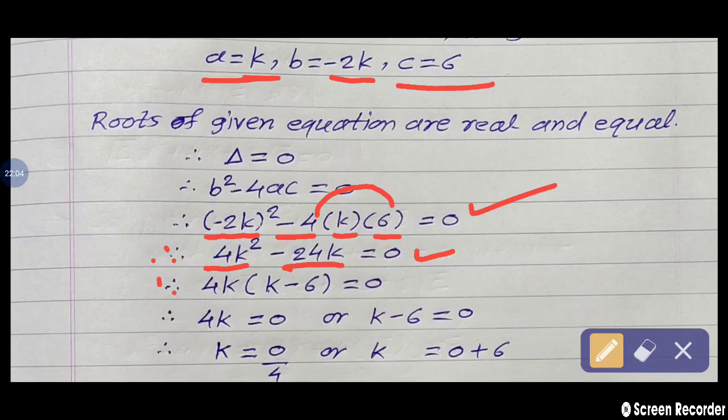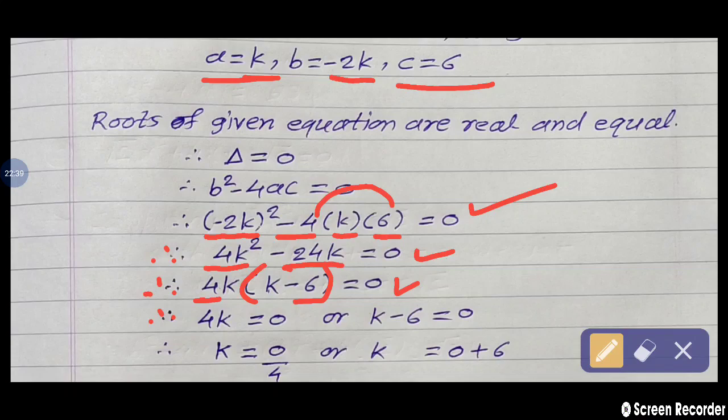Next step. Here the common term in these two terms is 4k. So 4k is common. What remains? In bracket, 4k square: 4 is common out of 4k square. K square means k multiplied by k, 1k is common, so a single k remains there. Minus 4 sixes are 24, so 6 remains inside the bracket, since k is common from 24k. Equal to 0. Therefore we are getting two terms: the first is 4k and the second term is k minus 6.